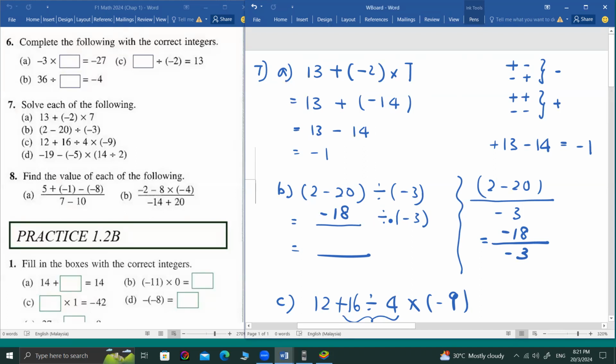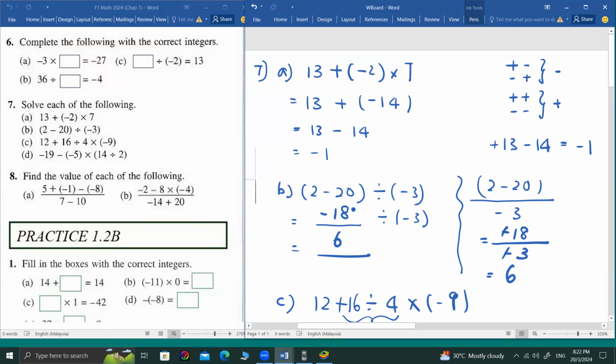When you see divide or times, if negative came out 2 times, you get positive. Because this one we can simplify. So we get 3, 6, 18. Got it, class? Always remember when you come to divide or multiply. That I mentioned before last week. Can you understand all of you?